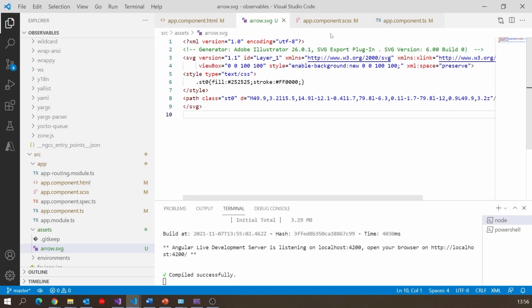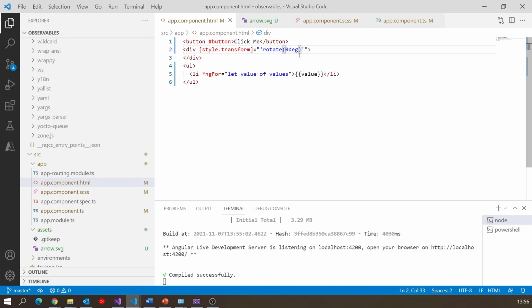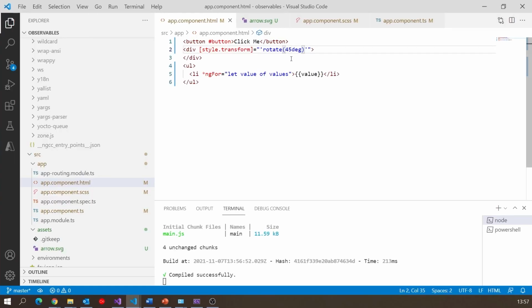But it's an arrow, and that's what gives us our arrow in a circle for what we've got there. You'll notice the other thing I did on that was I gave it a rotation of 0 degrees. So that's actually something we're going to start animating using the observable, because if I just change that statically, then we can see it's now turned to 45 degrees. And if we could dynamically change that, we can make it tick around a bit like a clock. So let's do that with observables.